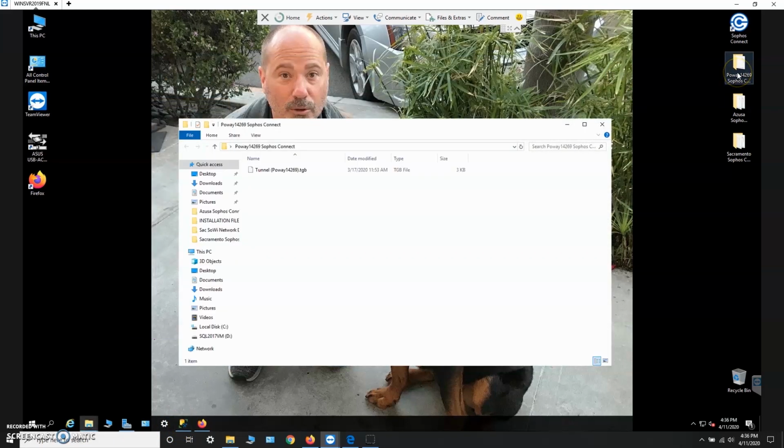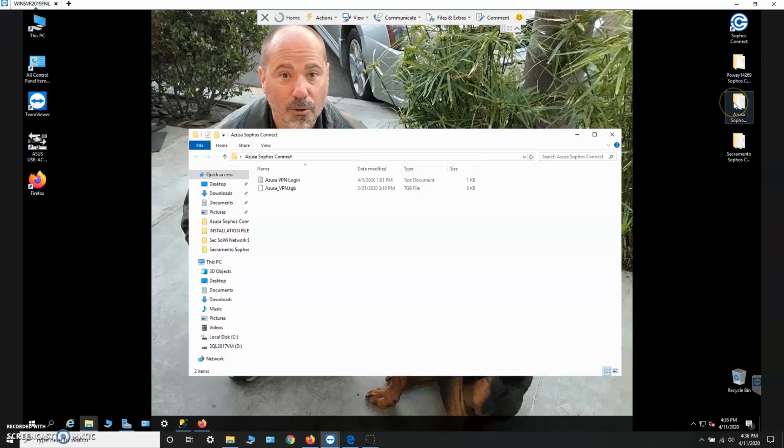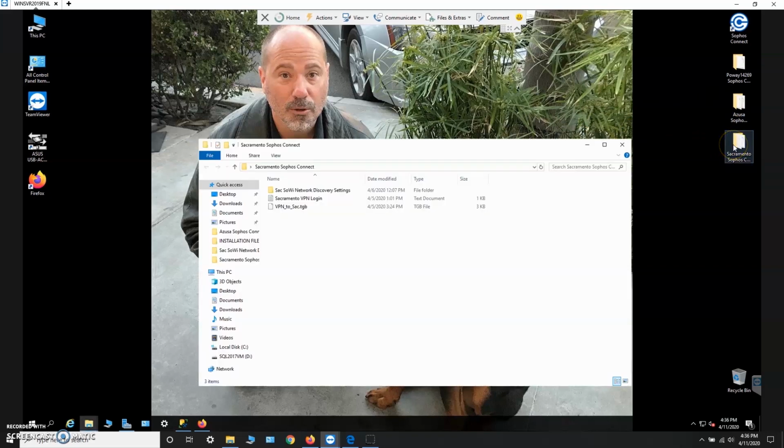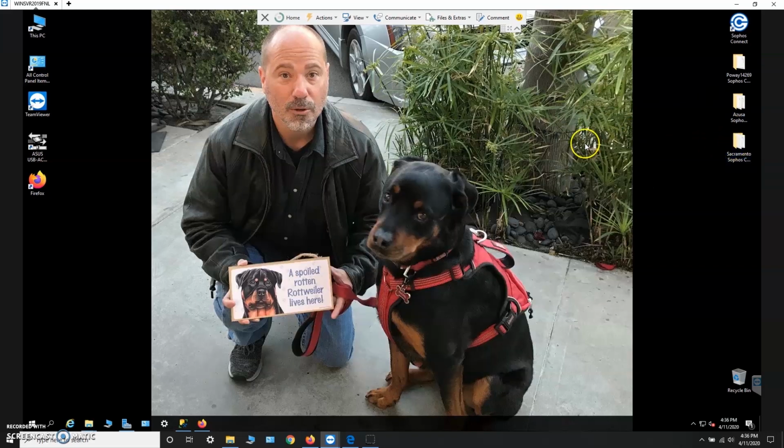So I've created Sophos Connect VPN connections for these locations, and I have gone in at various times and pulled those locations, and there's really not a lot of activity going on given that everybody's working from home now, especially now that it's the weekend. And I've been doing all of this on my own time and my own dime. Yeah, I paid for it all myself. I did it on the nights and the weekends. I did it all on my own.